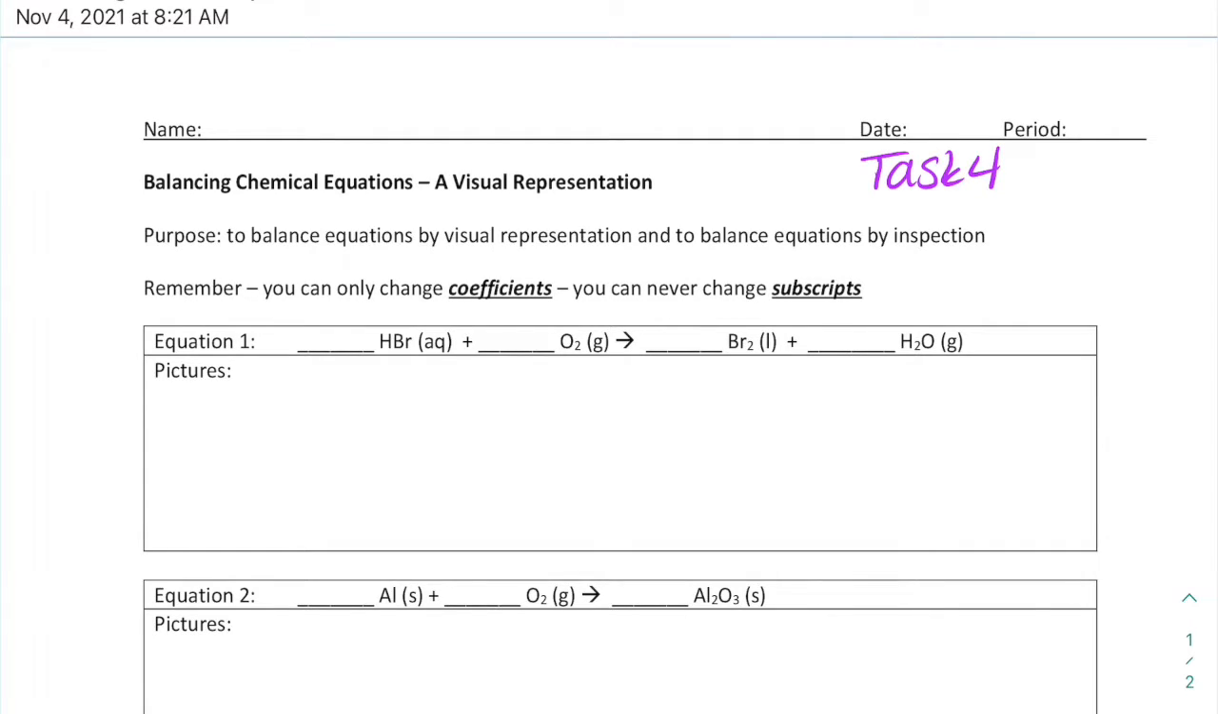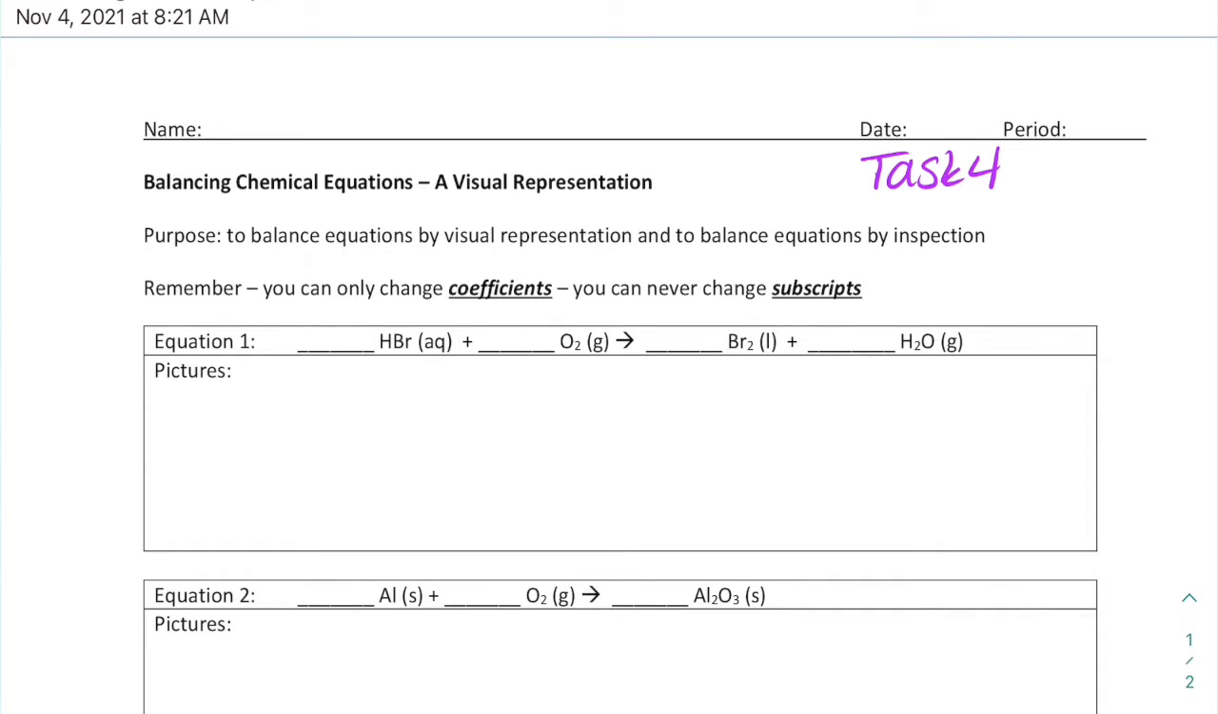Okay, so this is task 4. This is balancing equations using a visual representation. So we're going to draw models to help us balance equations. This is our first balancing equations that we're going to do. On Monday, I will show you how to do it mathematically. And then you can move forward with doing it whichever way you like, unless I ask you for a specific